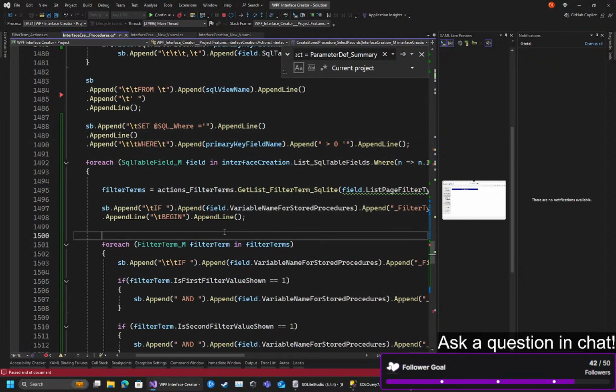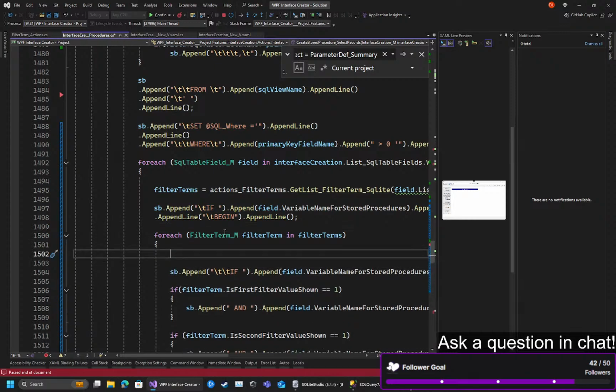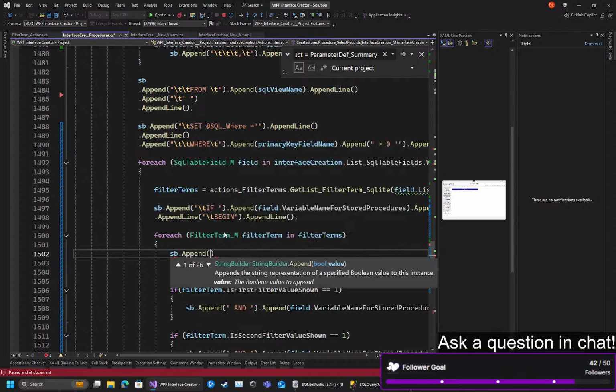So yeah, inside of here for filter terms, I think what we can do is we can do s append 1, 2, 3, 4, 5, 6 dash dash